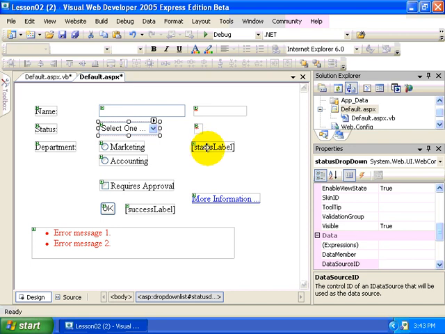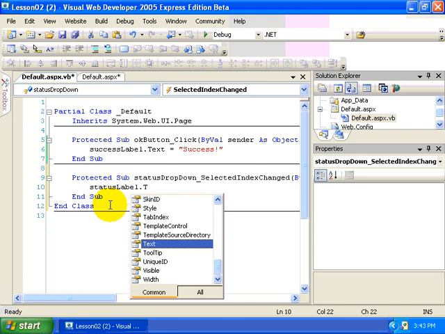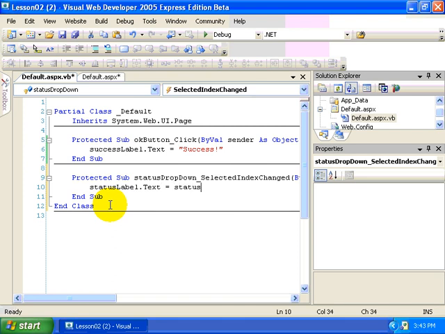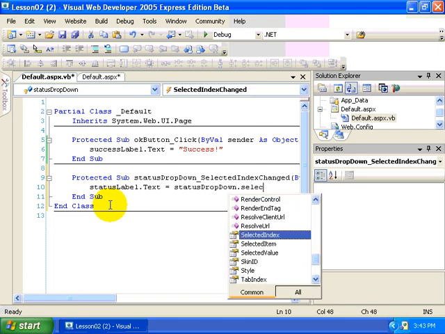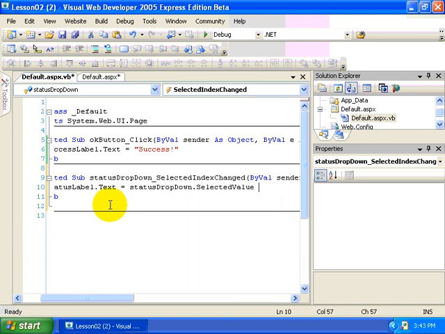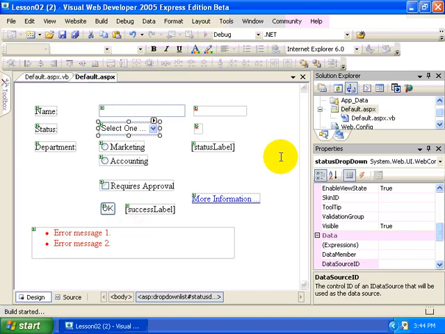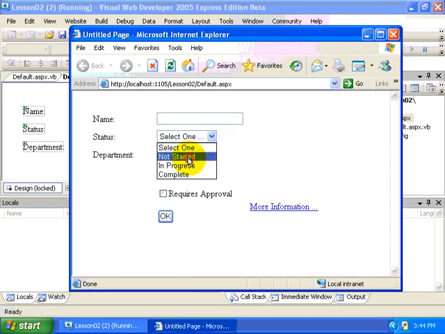So here, what we'll do in the status label is we'll take the status dropdown dot selected item, or selected value rather, and so we will list that. We'll say you selected